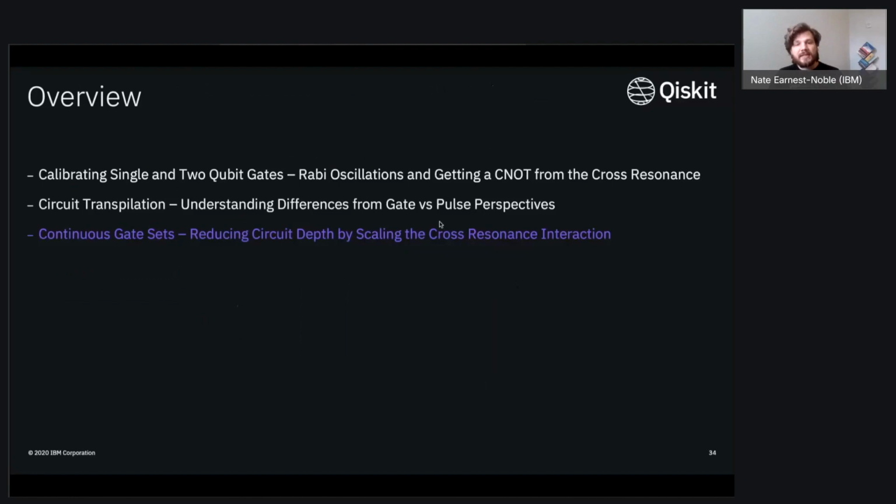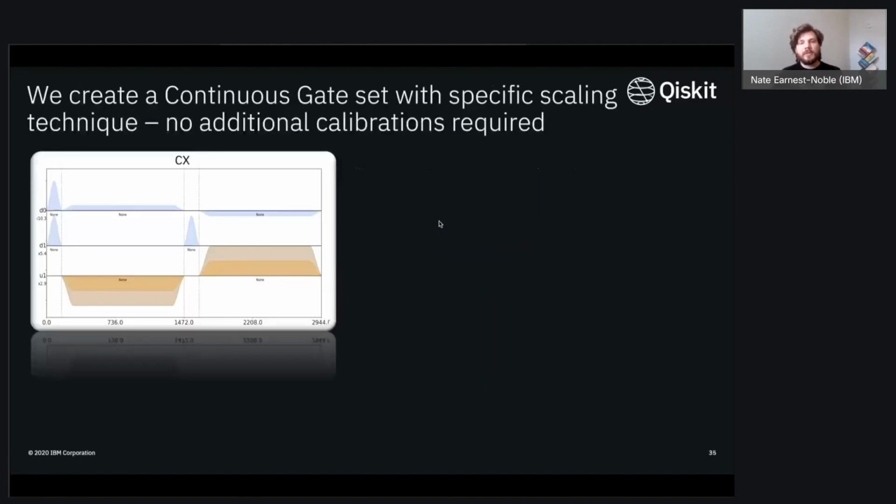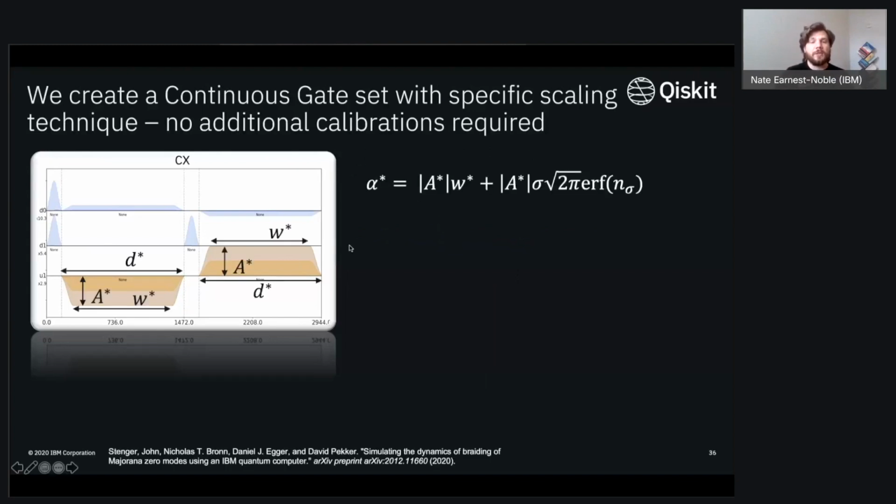So this now is where I want to get to this idea of continuous gate sets. Continuous gate sets reveal how you can take that cross-resonance interaction and instead scale it to get these same implementations. To do this, I just want to walk through the cross-resonance gate one more time, specifically pointing out these dimensions right here. When these cross-resonant pulses are tuned up, there are calibration methods that I didn't jump into, but basically you're going to have some characteristic duration. When calibrating, you try to make that duration as short as possible until you start to see those leakage errors. And then from there, you calibrate your amplitude and phase and a variety of other things.